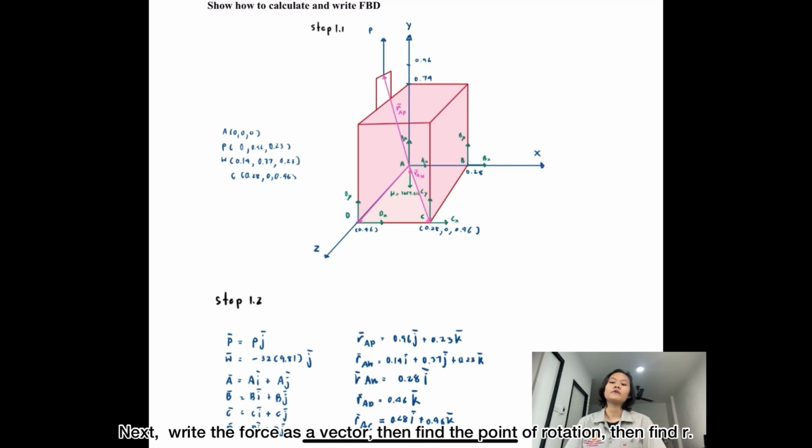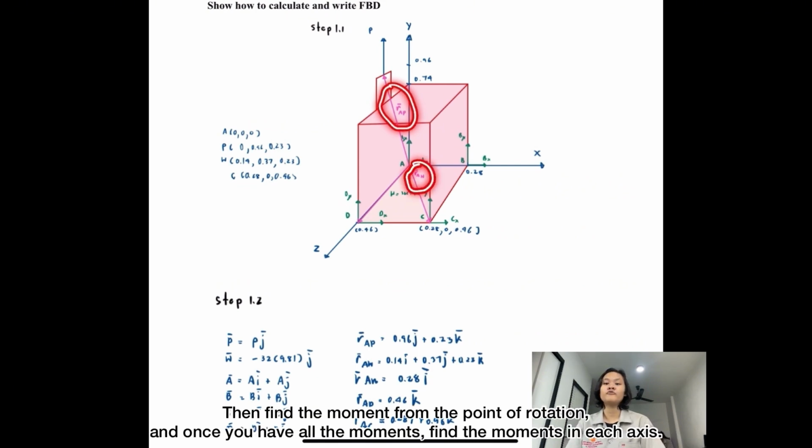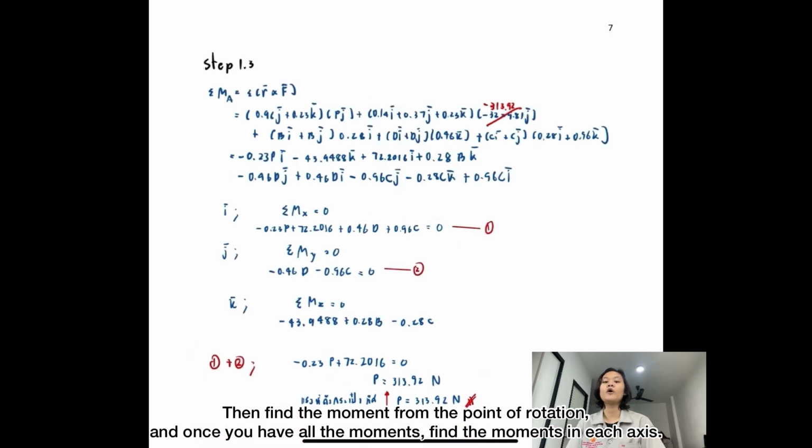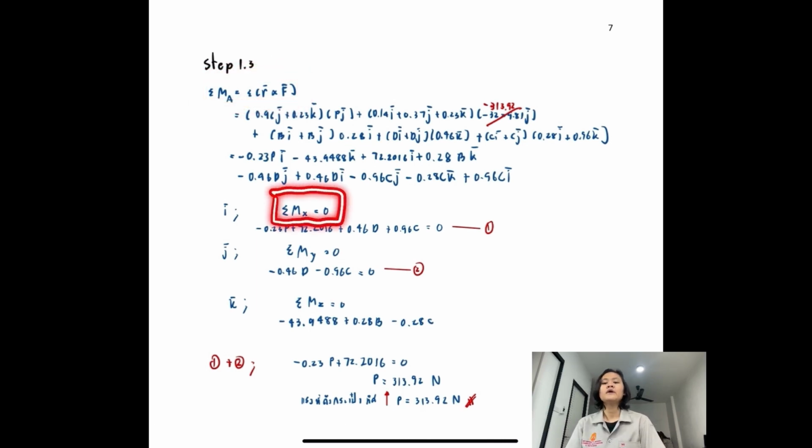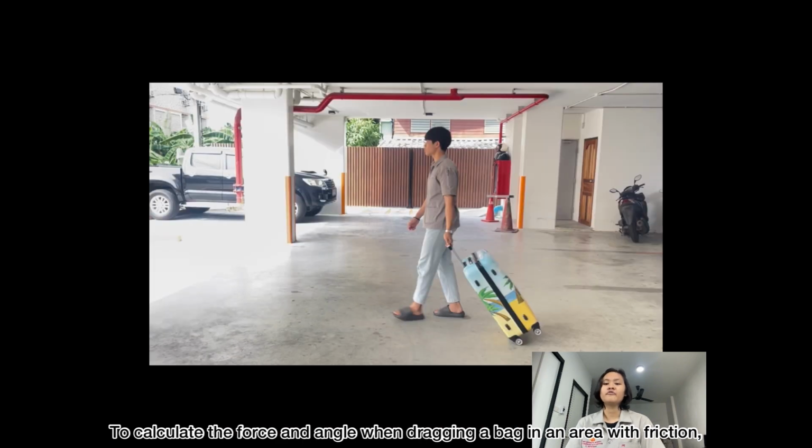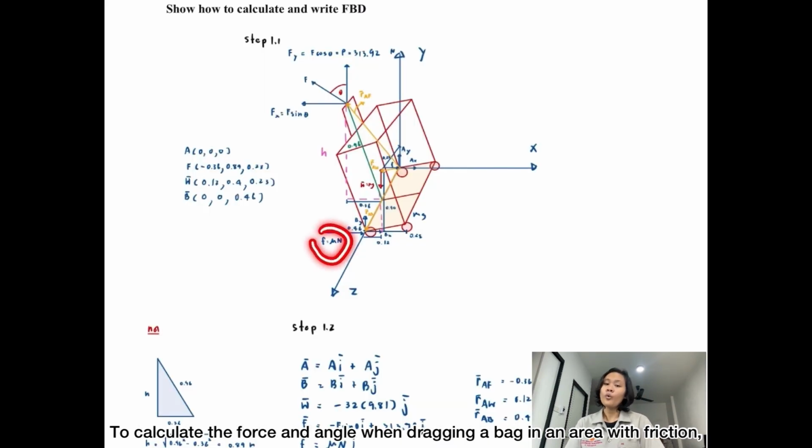Next, write the force as a vector, then find the point of rotation, then find r, then find the moment from the point of rotation, and once you have all the moments, find the moment in the x direction to calculate the force and angle when dragging a bag in an area with